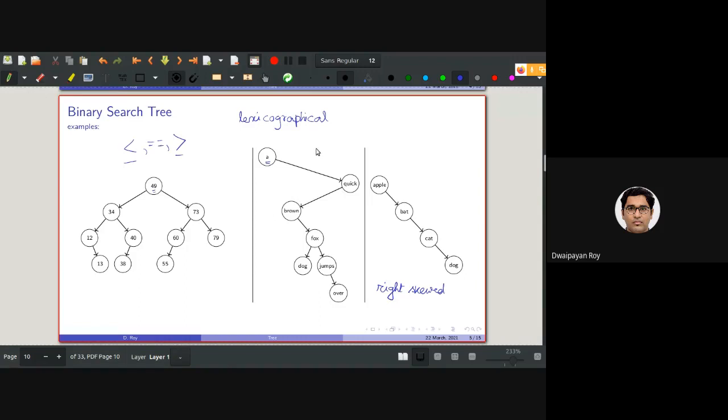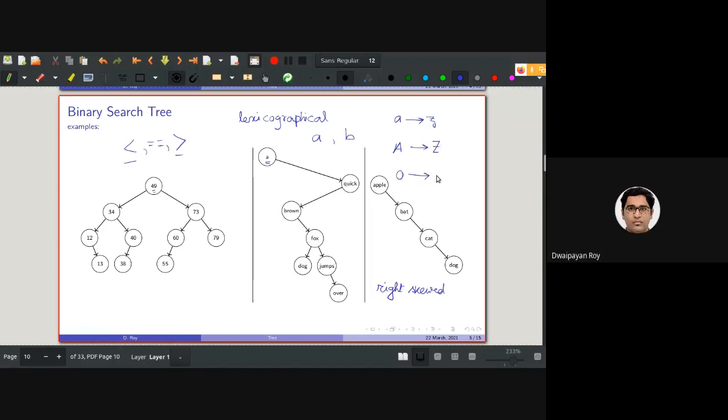Now, how to do that in C language? Say we have one string A and another string B containing some values. How to compare them in C? ASCII codes. This is one way. I hope you know the ASCII code range, right? What is the ASCII code range from A to Z, capital A to capital Z?